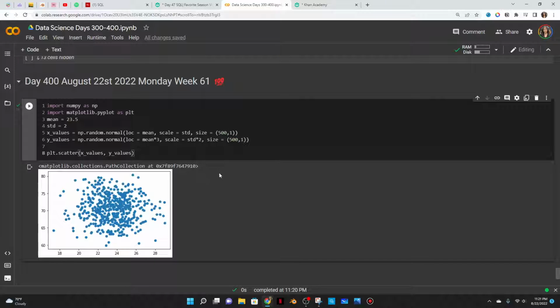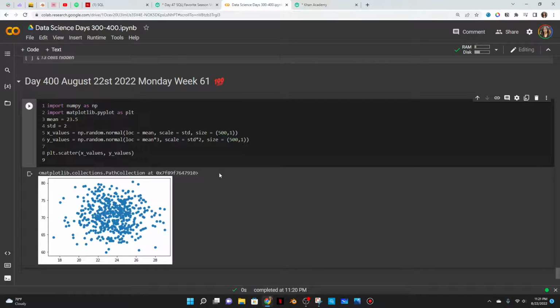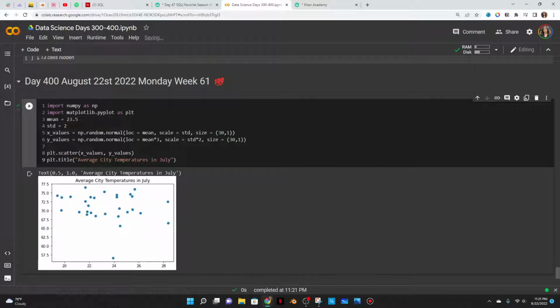And then if I want to make it better, I can do plt.title and say average city temperatures. That wouldn't make sense, there's only 30 days. What if I do 30? Either 31 or 30 temperatures in July. That doesn't make sense. So let me do 500, and then instead of the context of July, I'll do